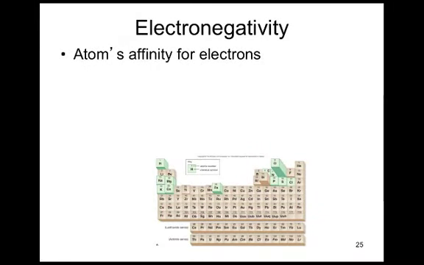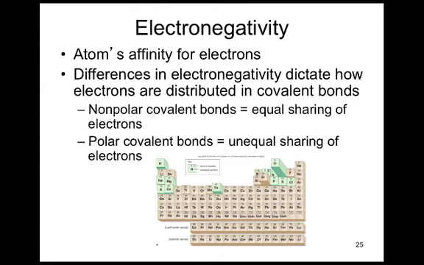In order to think about polar covalent bonds, we need to understand a little about electronegativity, which is an atom's affinity for electrons, or how tightly an atom holds onto those electrons. The differences in electronegativity are what dictate how the electrons are distributed in the covalent bonds. Like in the previous example, oxygen had a larger draw on the electrons than did the hydrogen